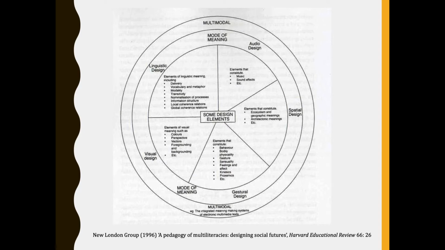So if you're going to do this essay, you will need to make sure that you are actually looking at all of these design elements, all of these multimodal elements. Now, some of them may not be of use. For instance, if you are looking at a front page of a newspaper, audio design is probably not going to be of any use. It could be that you're looking at an online version, and maybe there are moving images, and you can play that, and there may be music with it. What does that mean? How does that tell you more of the story? How is more meaning actually conveyed?